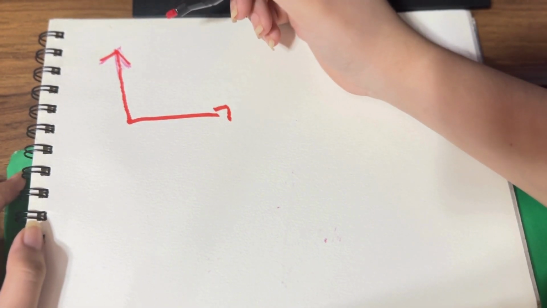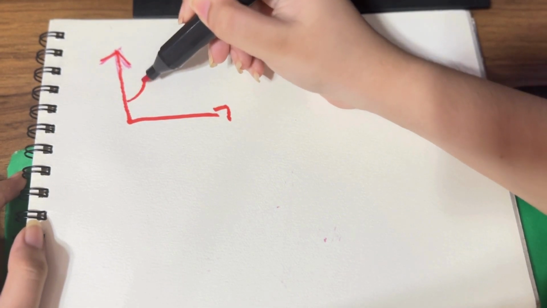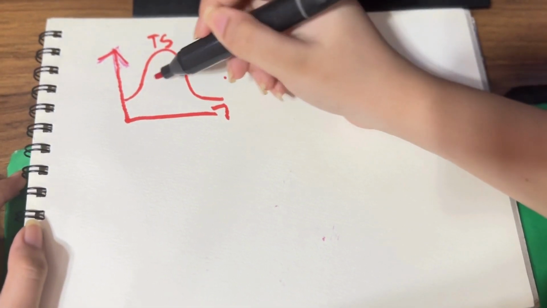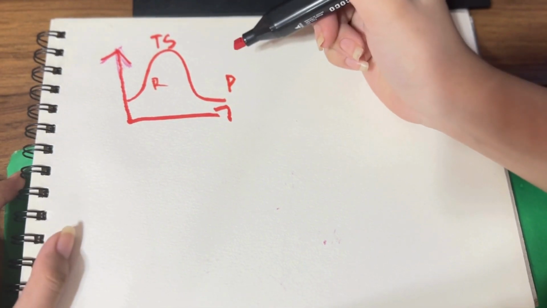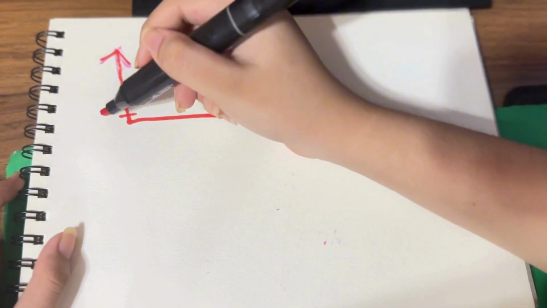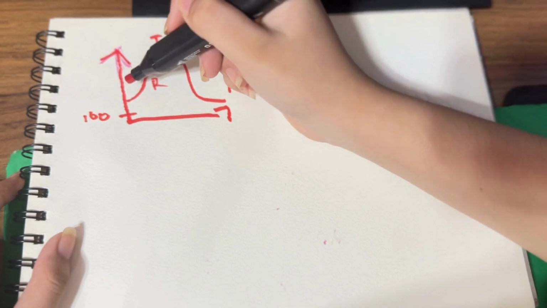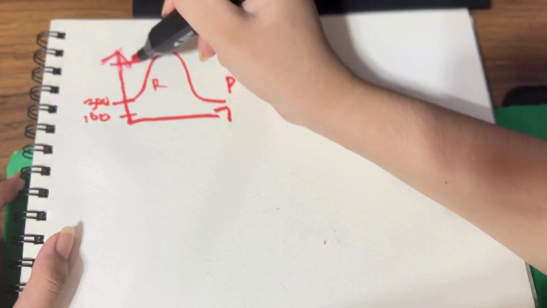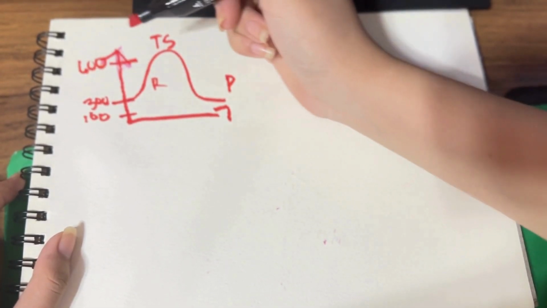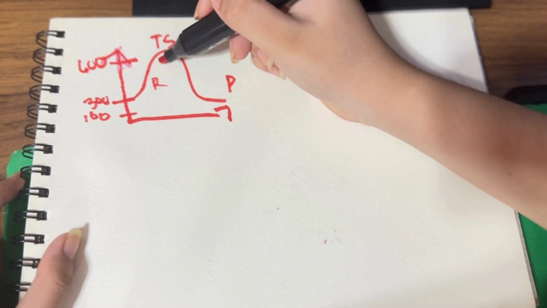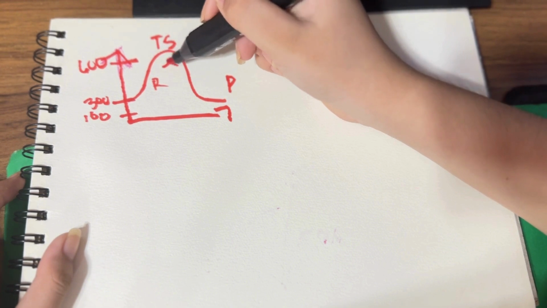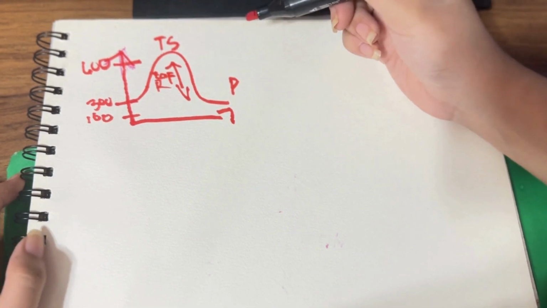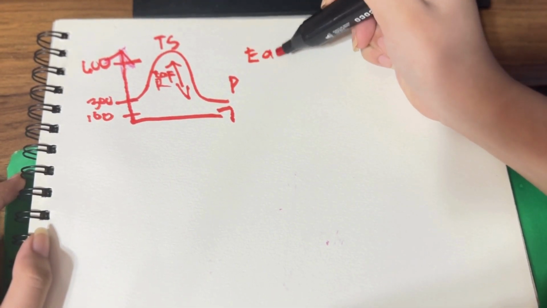If you want to calculate, let's say, the forward activation energy, the forward activation energy is the difference between the energy of the transition state and the energy of the reactants. So in this case, that's going to be 600 minus 300. So the activation energy for the forward reaction is positive. Now, if you wish to calculate the reverse activation energy, it's the difference between the energy of the transition state and the energy of the products. So that's going to be 600 minus 100, which is positive